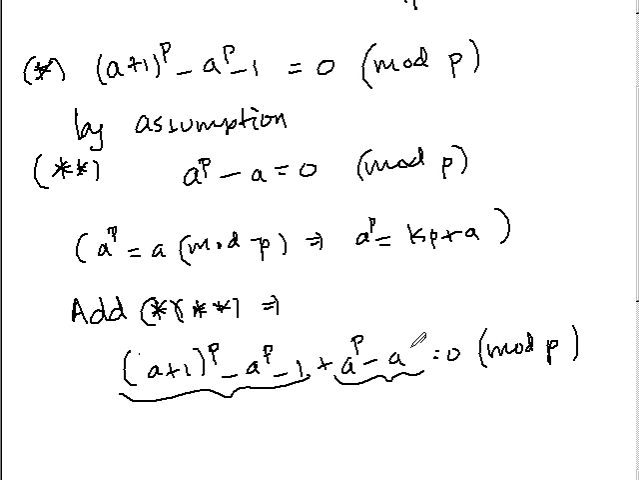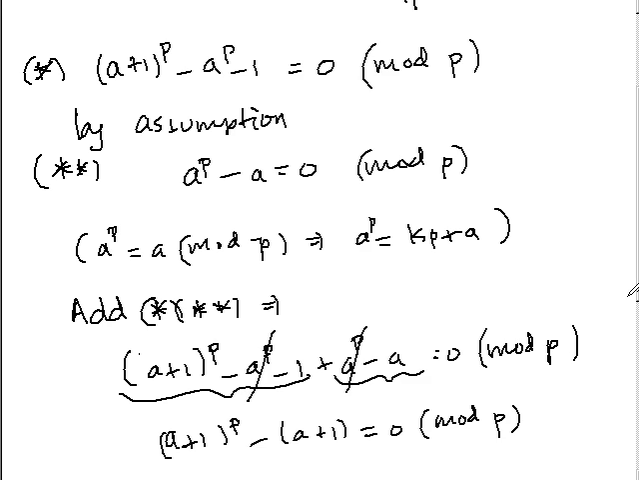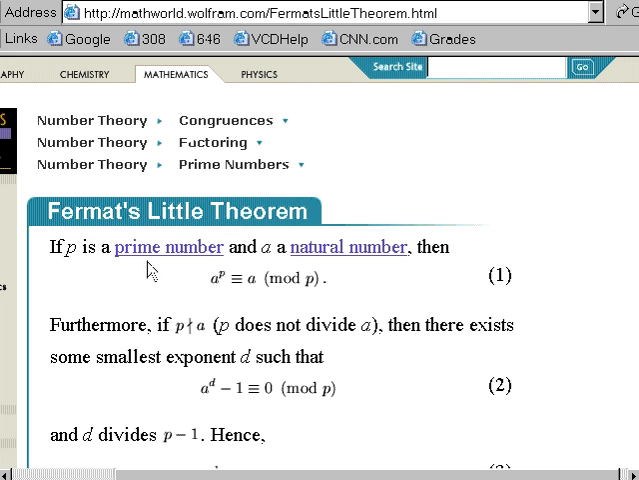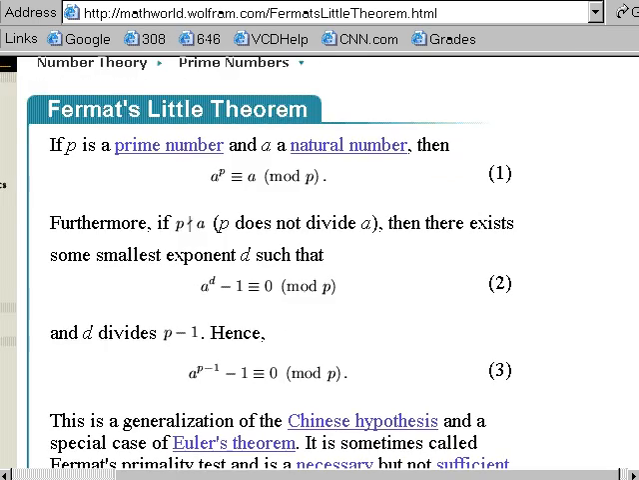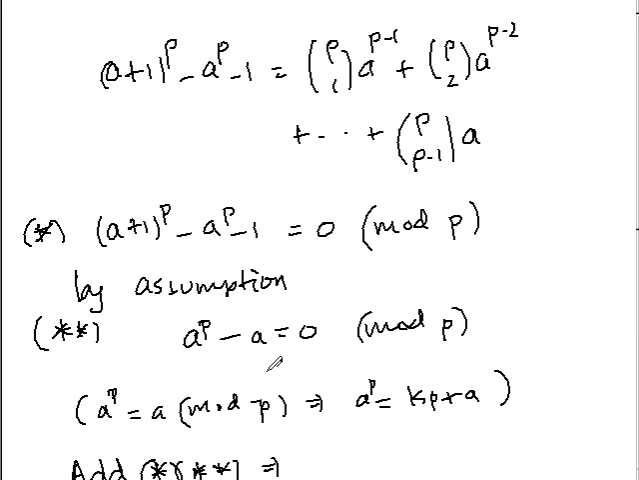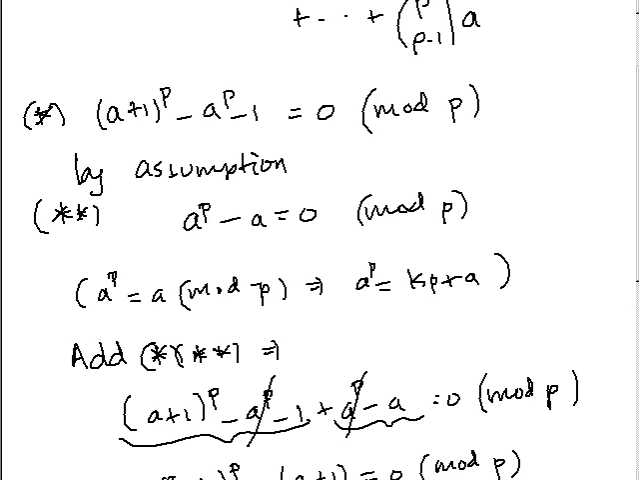Since this term is divisible by p, as is this, p is a common factor to both, but notice that this cancels with that, and therefore (a+1)^p − (a+1) ≡ 0 mod p. Okay, so that is a proof that this is true: a^p ≡ a mod p. And as we mentioned before, this is used as a test